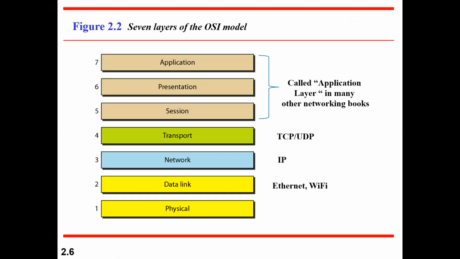This OSI model is segregated into 7 different layers. Talking from the top layer, we'll be just going with it. What we are seeing is the topmost layer that is visible on the screen. This is called the application layer. Its job is to just visualize what you wanted to have. That's all it will be dealing with.